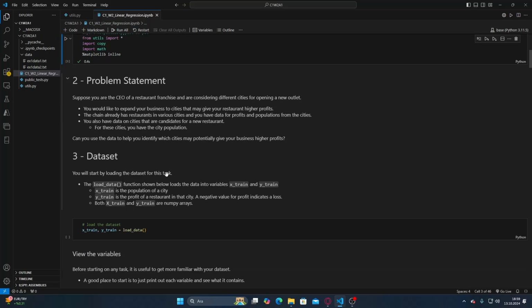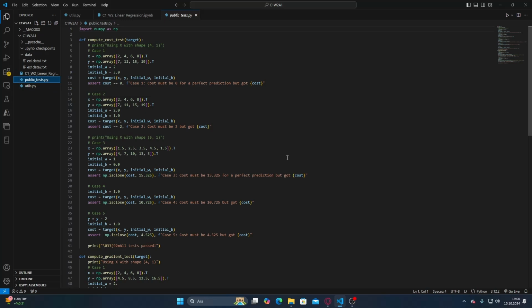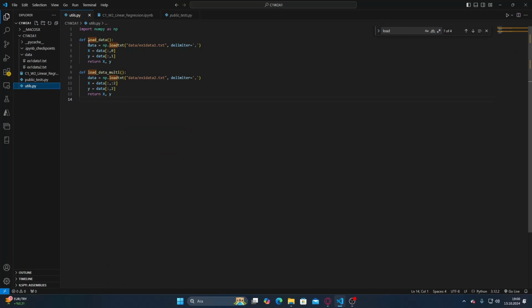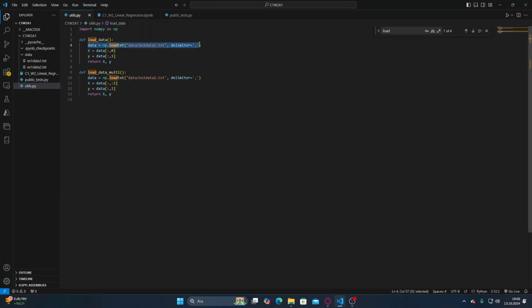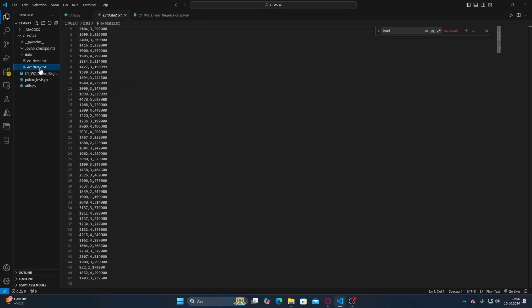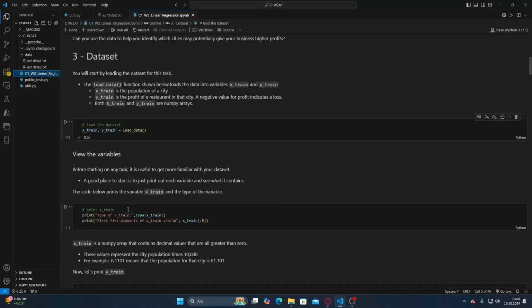And we're going to load the dataset in here. We're just loading the datasets, X train and Y train. It's in the load data file, but I'm not sure where load data is. Could be in here, or could be in here. Yeah, load data is in here, and load data makes X train and Y train in the utils. We are just importing these things in here,